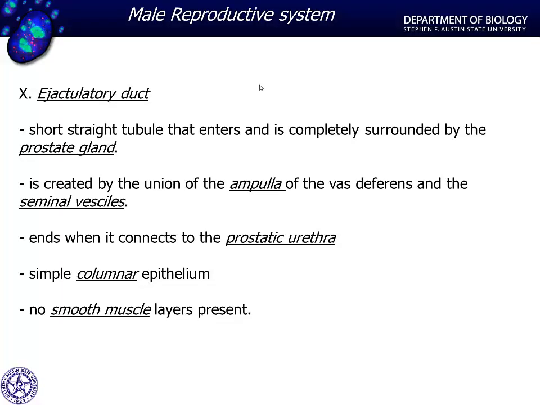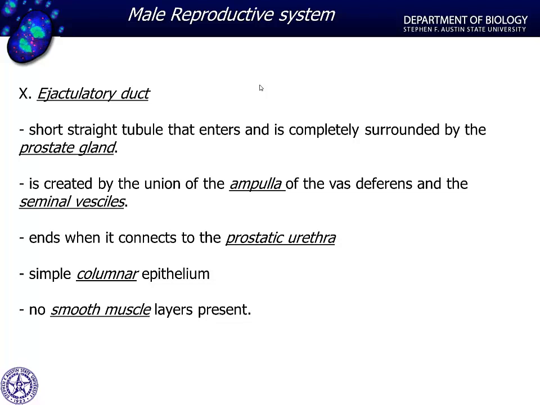Now, as we go into the body, here we have the vas deferens entering from the right and from the left, and we are going to form what is referred to as an ejaculatory duct. The vas deferens come in and join together in what are called the seminal vesicles, near this dilated portion, the ampulla. These seminal vesicles then join the urethra via this short connecting tubule called the